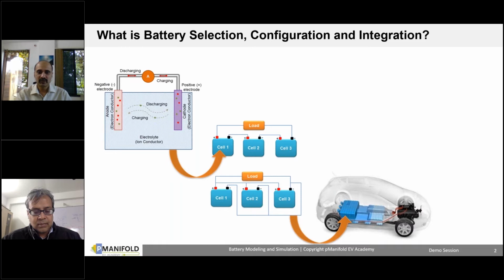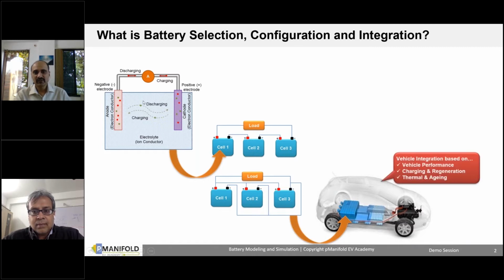So a motor will require a high voltage DC to either a high voltage DC or a high voltage AC, depending upon which type of motor is there. And then your auxiliaries will require a high voltage DC to a low voltage DC conversion at the minimum. So how do we understand the requirements which we need from this unit cell? For that, we have to go from the pack level or the vehicle level down to the unit cell level. How do we do that?